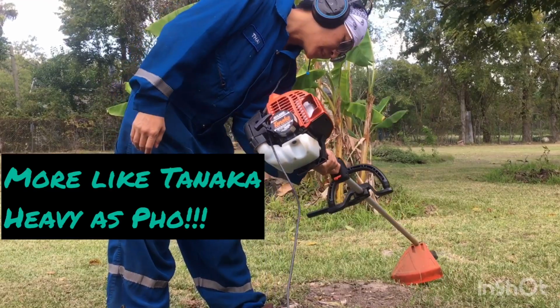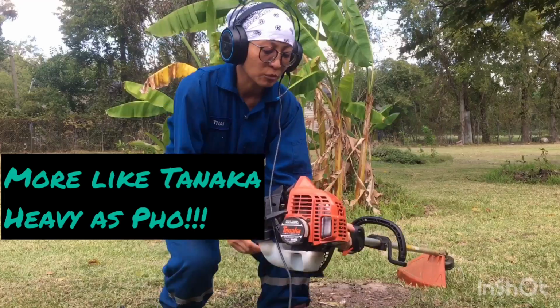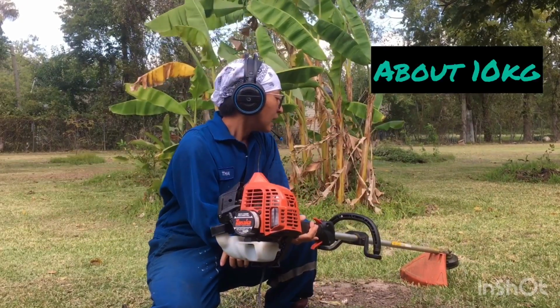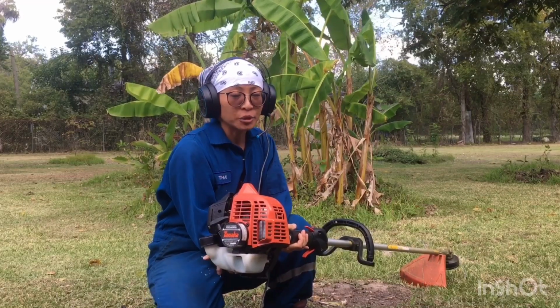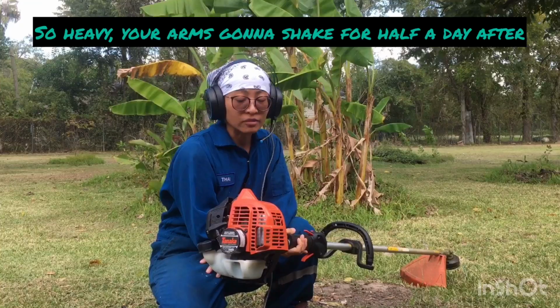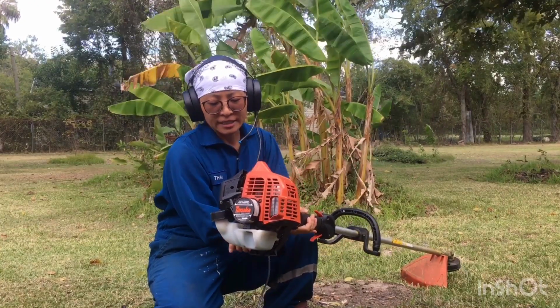Tanaka, lightweight, and it's not lightweight. This thing probably weighs about a good 20 pounds. And it's not much, but if you're holding it for a long time, trying to trim these weeds, it gets pretty heavy. And in Vietnamese, this would be called a